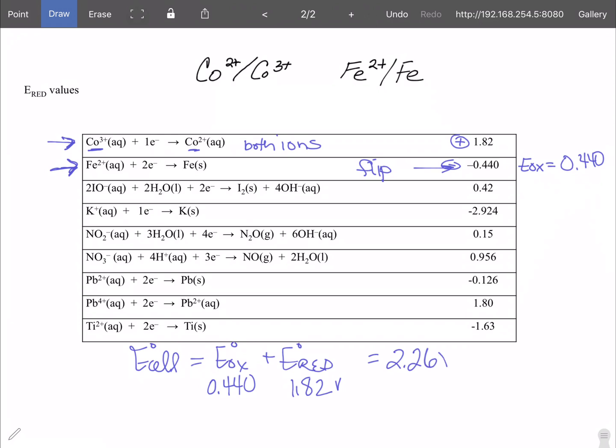Now, if we were to flip the cobalt, that would give us a negative plus a negative, which is a negative, which means it's a non-spontaneous cell. So we know that this one has to flip. So it is the oxidation, and this is the reduced species. Okay, we now have our